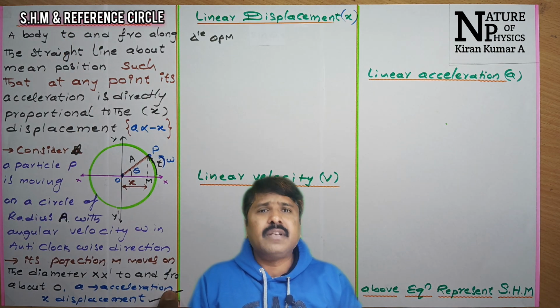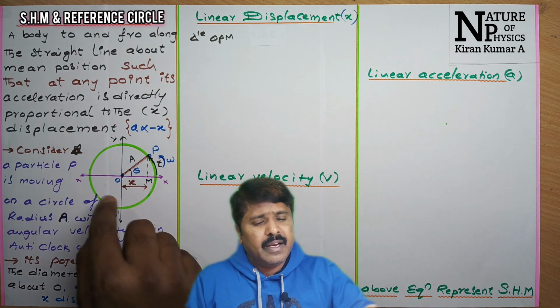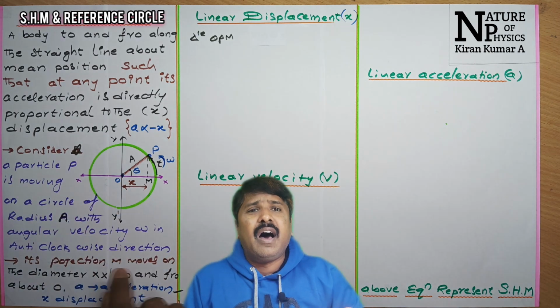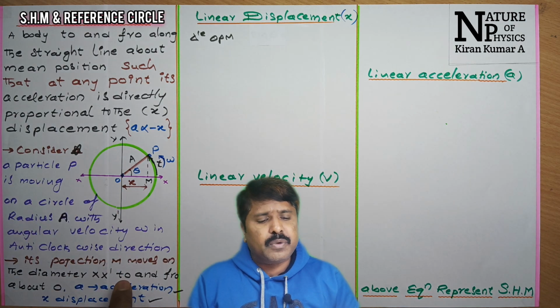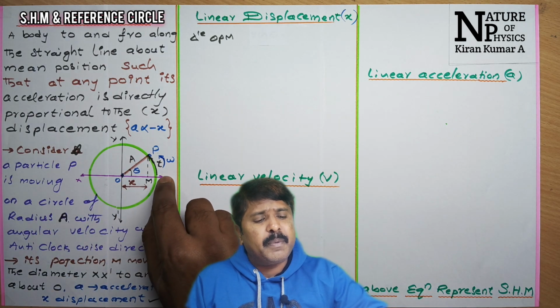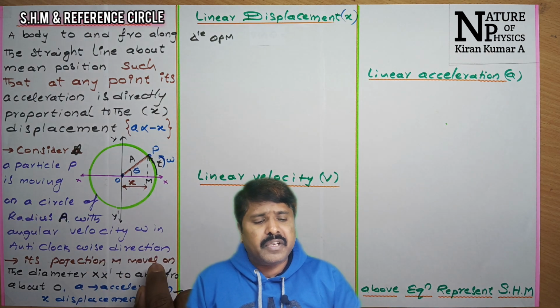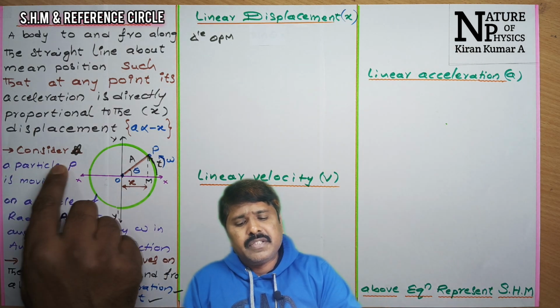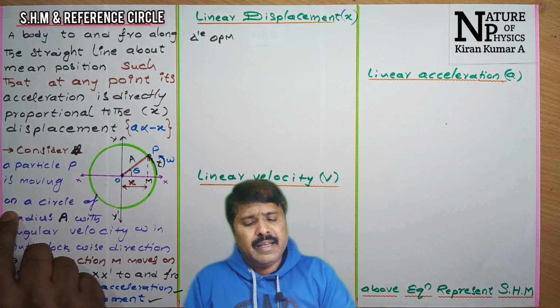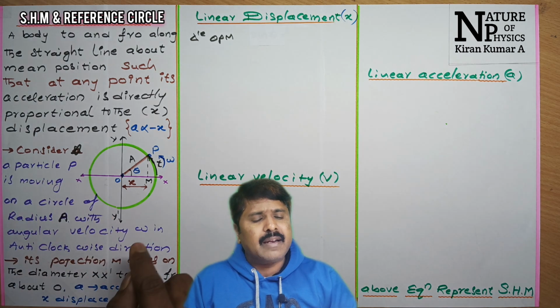So a represents the acceleration of the particle, and x represents the displacement of the particle. Here displacement is considered along the horizontal axis x dash. OP represents the radius of the circle, and the particle is moving with angular velocity omega in the anti-clockwise direction. So consider a particle P moving in a circle of radius A with angular velocity omega in the anti-clockwise